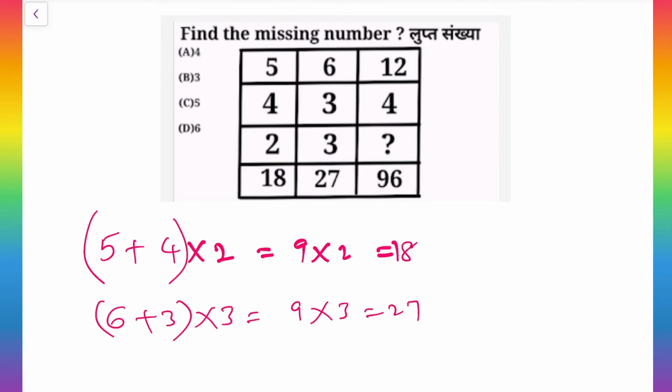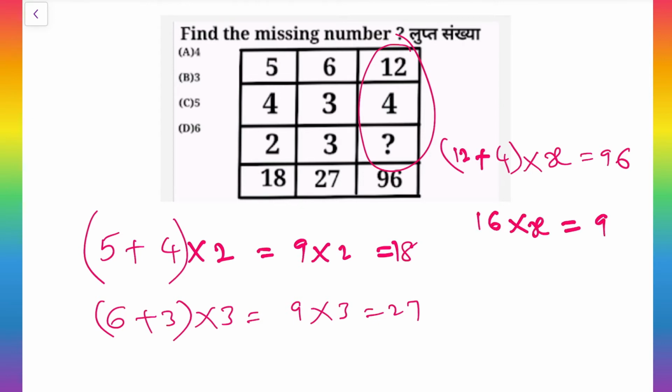Now let us apply the same logic to find the missing number in the third column also. What we need to do then? First two numbers we need to add, that is 12 and 4, and that number we need to multiply with the third number, but here the third number is missing, so that is why I am taking it as x. It equals 96. Oh, sorry, here not multiplication, addition, right? 12 plus 4, 16 into x is equal to 96. We want the x value, so I will take 16 to the other side, then I will get x equals 96 by 16. So 96 by 16 is nothing but 6. x is equal to 6.